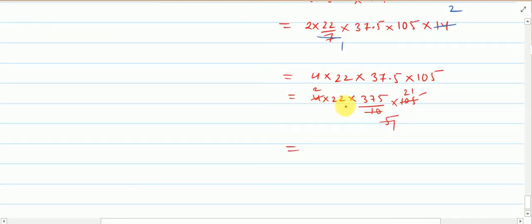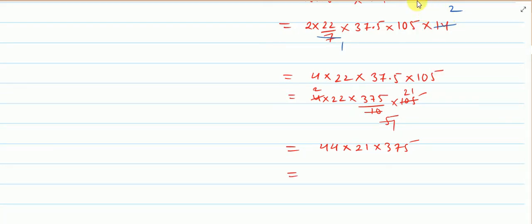Now, so 2 into 22, so you will get 44. You will get 44 into 21 into 375. So multiply and you will get 346,500